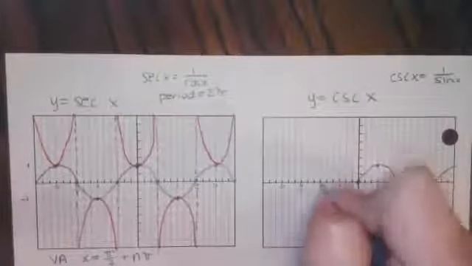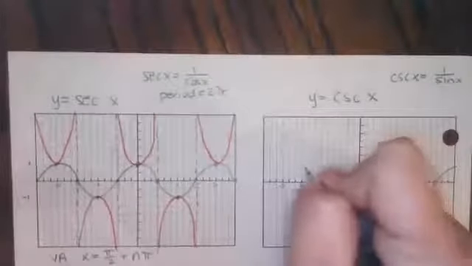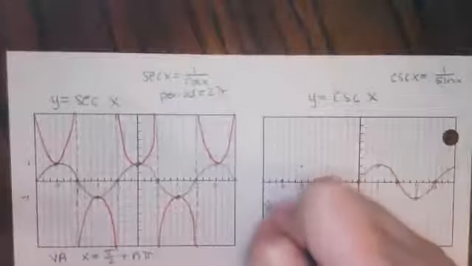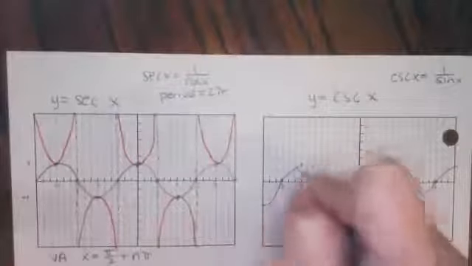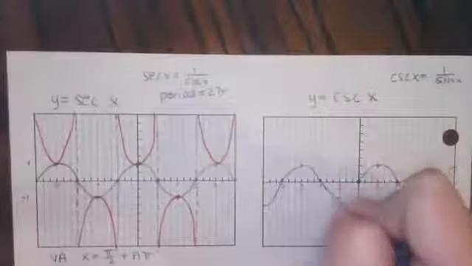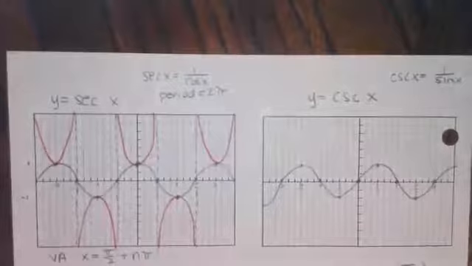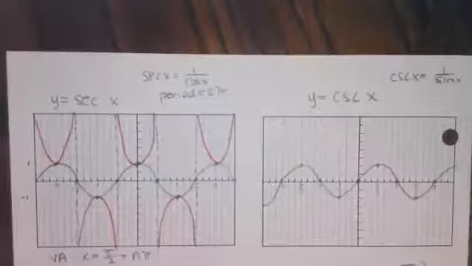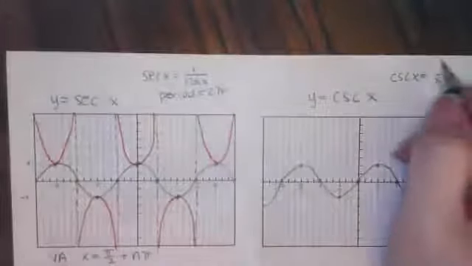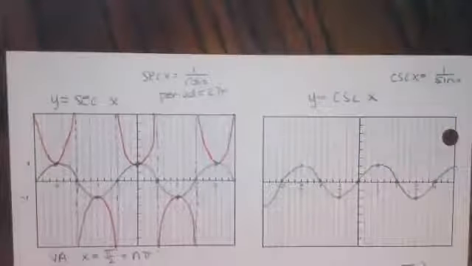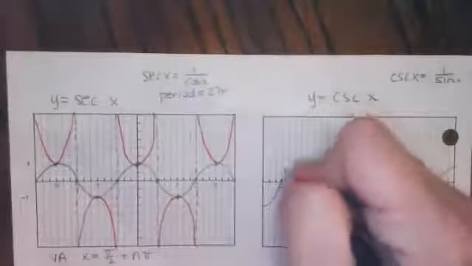These are fun to graph. We lightly draw these in. Just like with the secant graph, anywhere our sine is 0 is going to make this undefined, so it creates that vertical